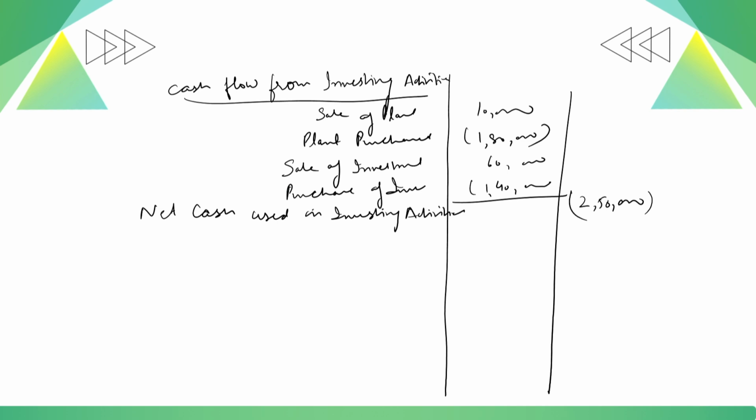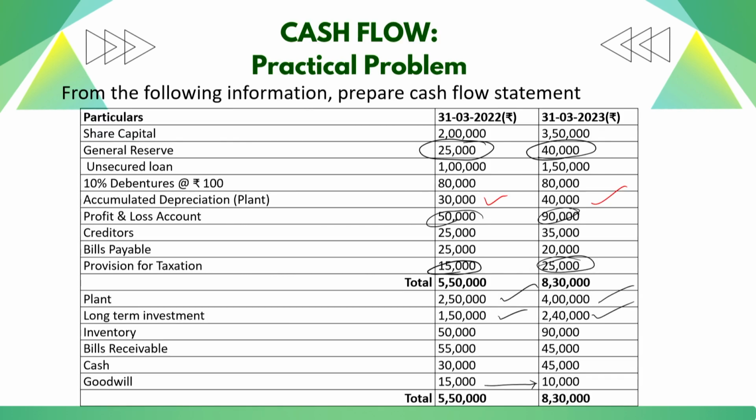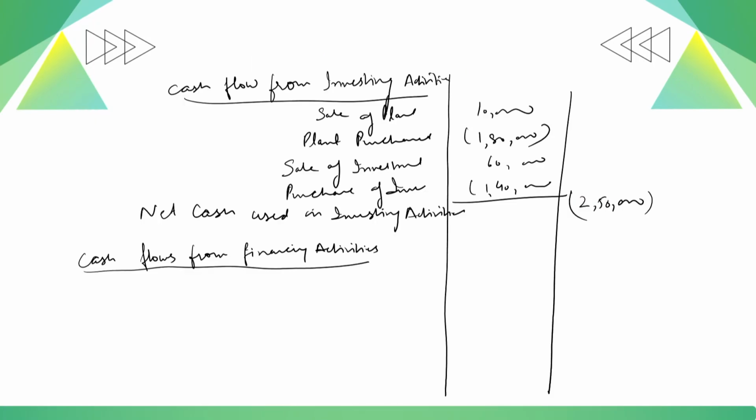So, the last step is cash flows from financing activities, starting with the amount given in the share capital. You can see the opening capital was 2 lakh and now it is 3,50,000. So, it means the issue of share capital in the question. So, we first take it as issue of shares by the company